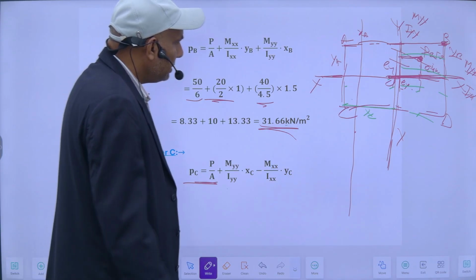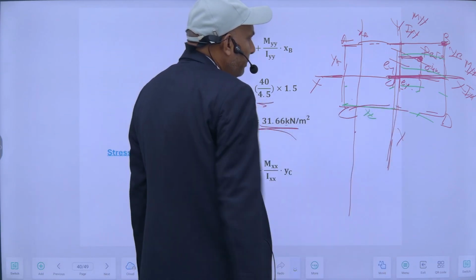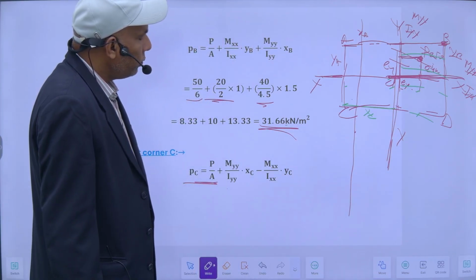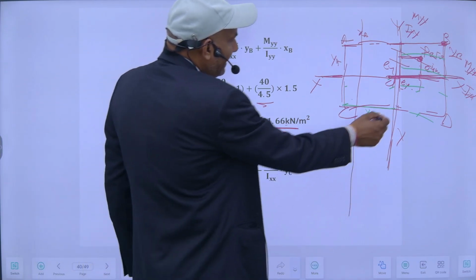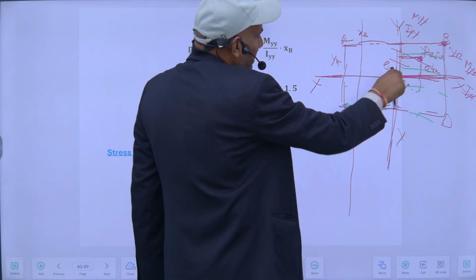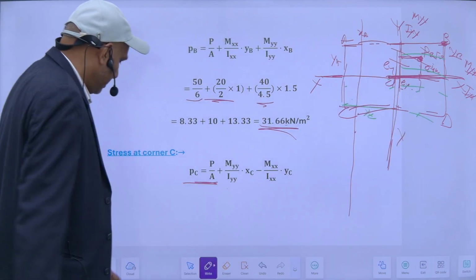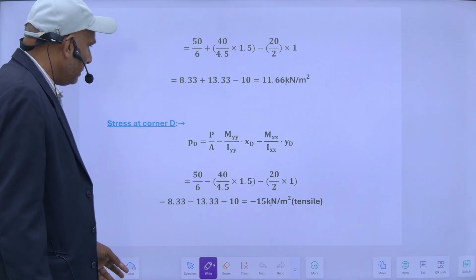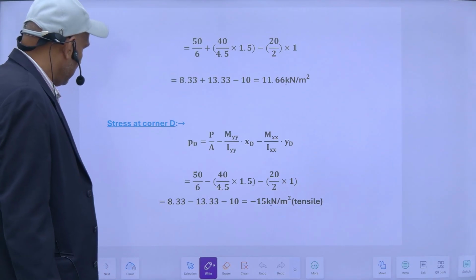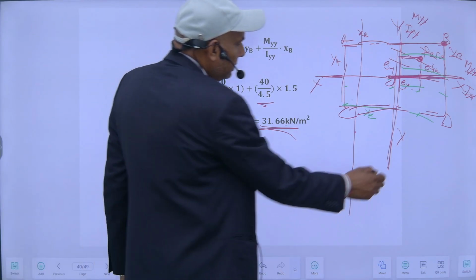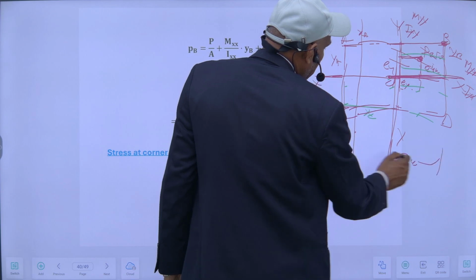So it will be Myy upon Iyy into this distance, this is xc, so it will create compression here and tensile on this half portion, so it must be minus. So the value of Myy, it is 3 meter, it is 2 meter,